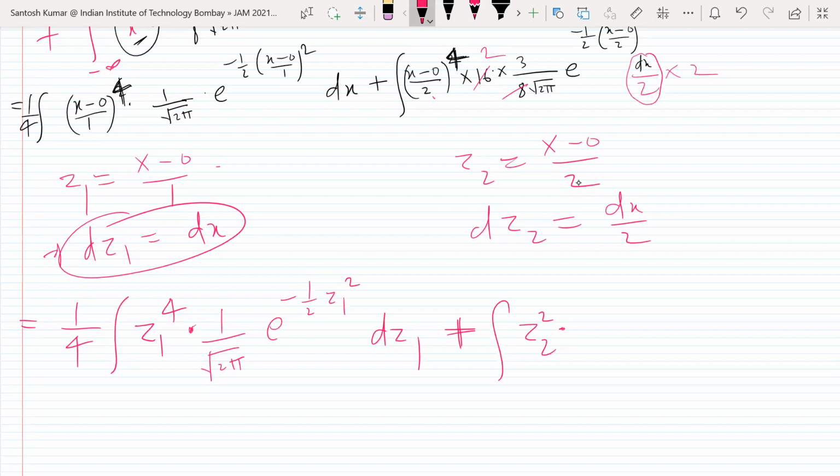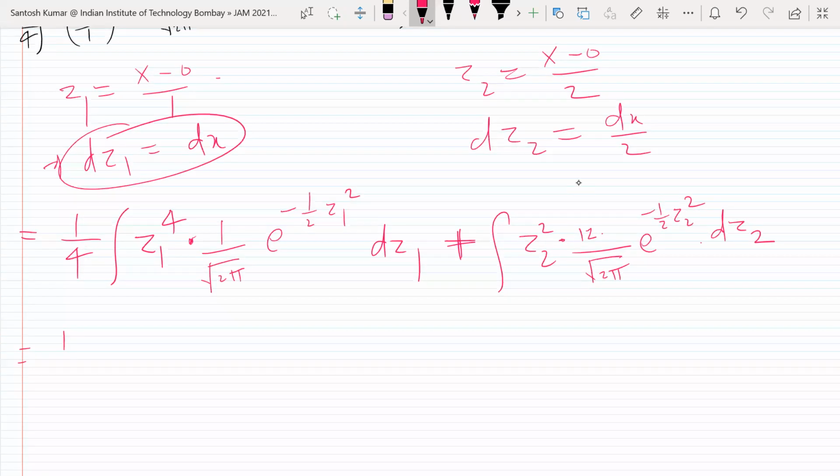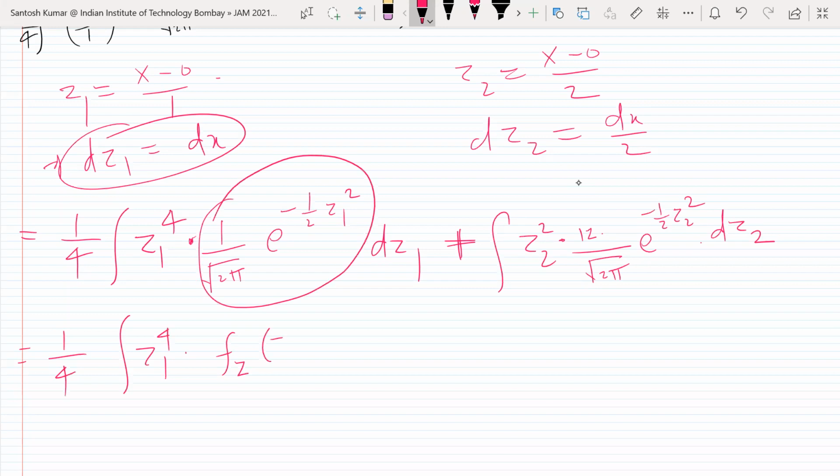Okay, this will be dz2. This term, and half here is 2 2 3. 2 into 2 into 3, 1 over root 2 pi e raised to power minus half z2 square. So I'm writing the final times 1 by 4 z1 4, and this is the PDF of a standard normal random variable,